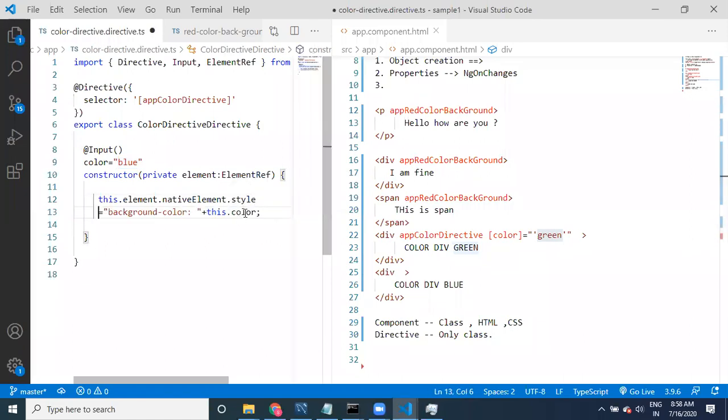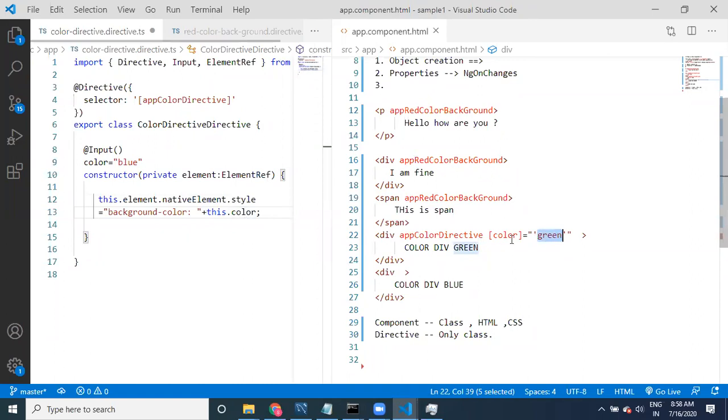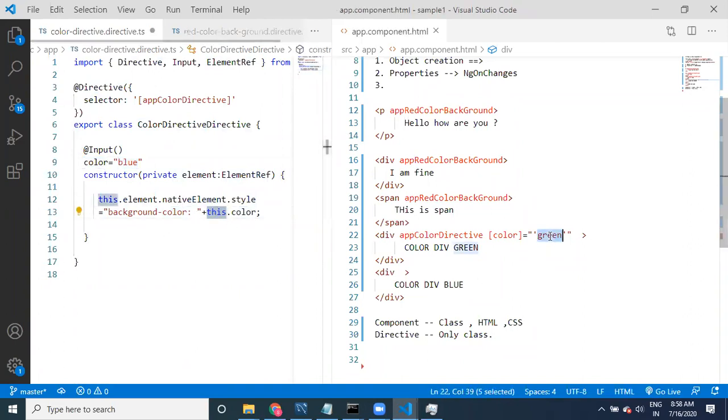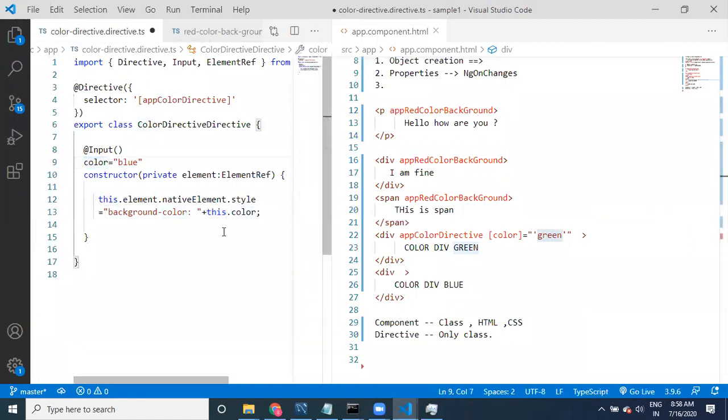You can understand this. We are providing green value to this property, but initially we are setting this blue. Why is this color coming blue? Why is this value not being assigned? Because we are injecting the value here, right? Why is it not provided? Can anyone guess and give the answer for this?